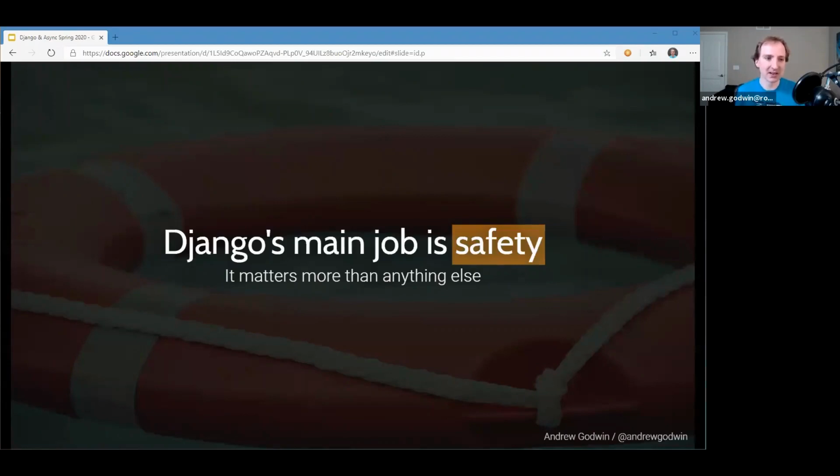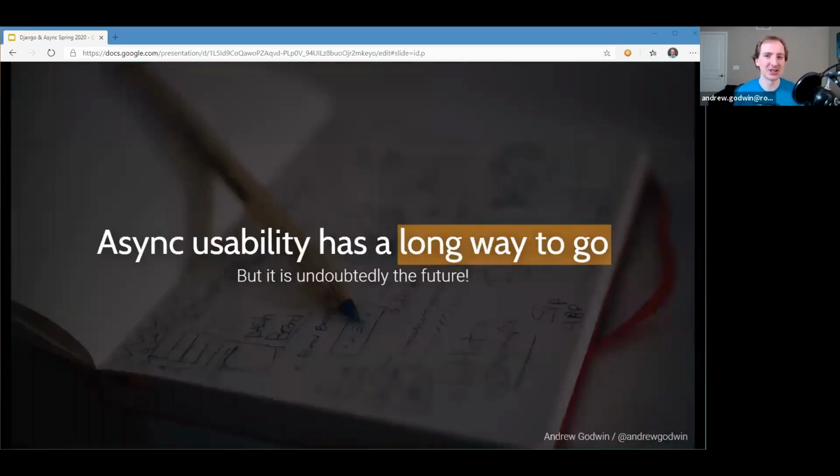In the case of async, we try really hard to take all the sharp corners of asynchronous code and smooth them down. Like if you forget to return a coroutine properly, if you leave a dangling coroutine somewhere, Django will usually try and detect it and warn you about these things. There are some things we can't do. Python kind of has an issue with async